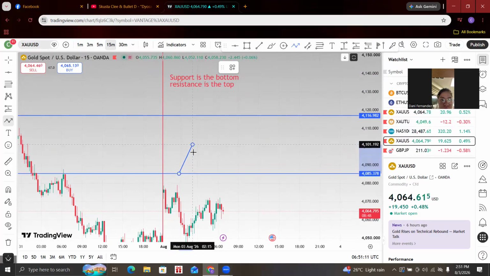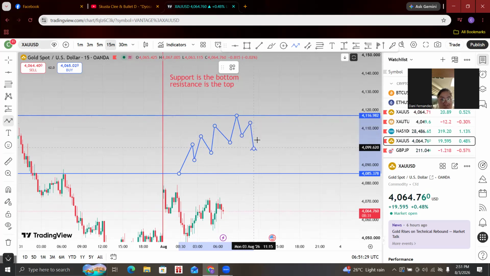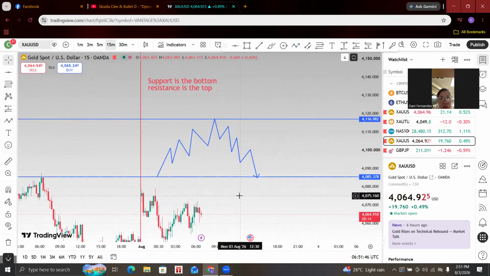It's going to keep going up until it hits the resistance, right? So once it hits resistance, there's going to be a certain rejection that the market will do, and then it's going to go back down, right? So once it created another support right here on the bottom, it might react on there as well, or it might go down. So let's say it just keeps going down and then it hits the support again, right? So that's how the market moves.